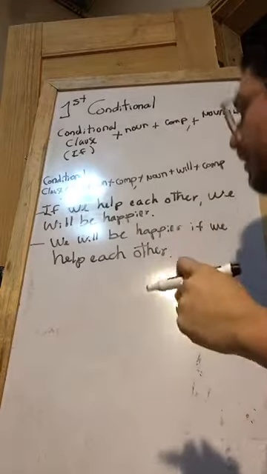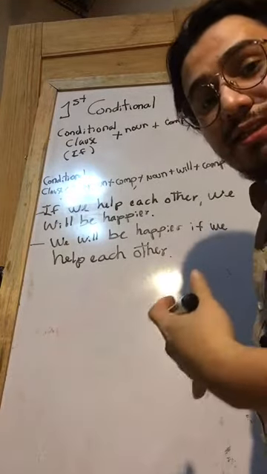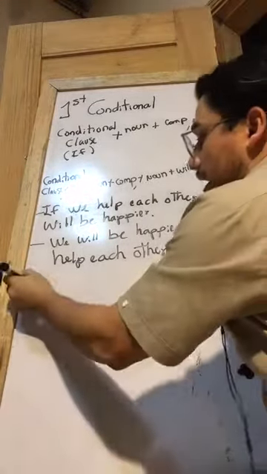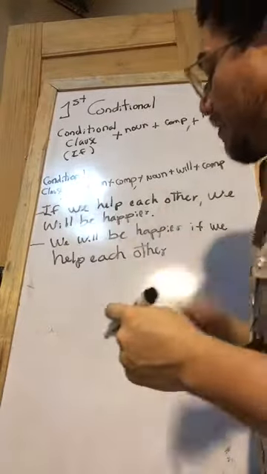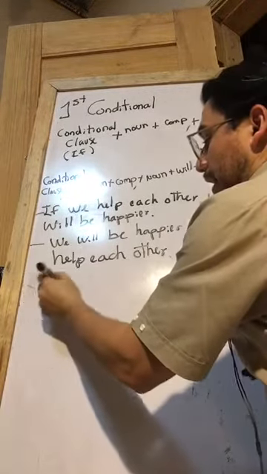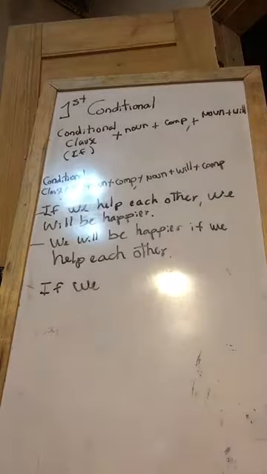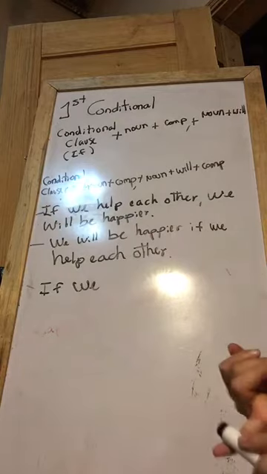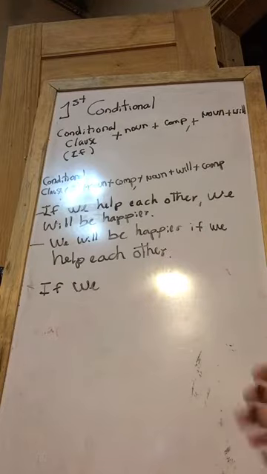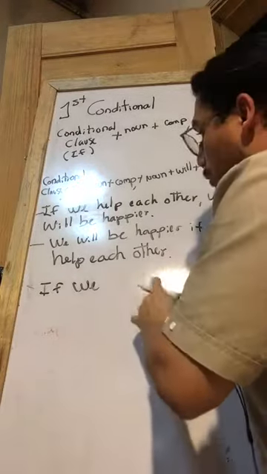Okay? Now, if we want to make this sentence into a negative sentence, we start with the same, with if. If we, now, how do we take we help into negative? We are going to add an auxiliary. What are the negative auxiliaries for the present tense? Don't and doesn't. So we will write if we